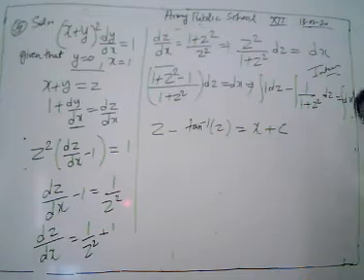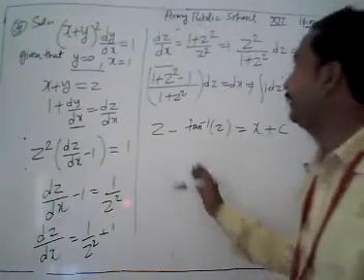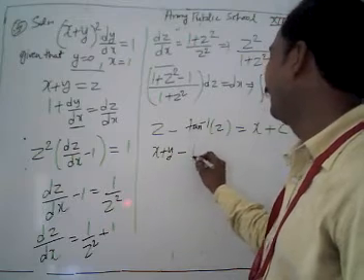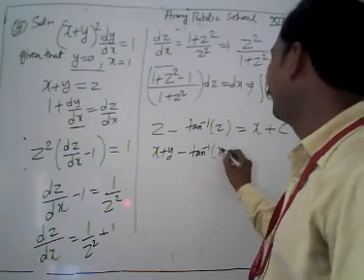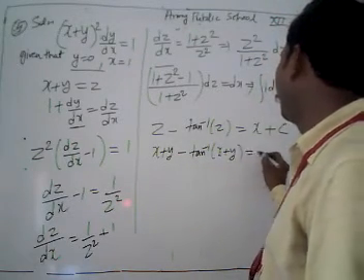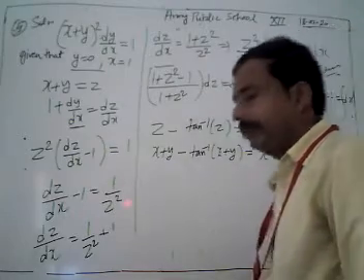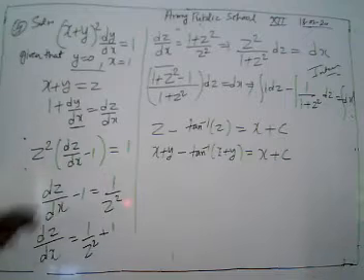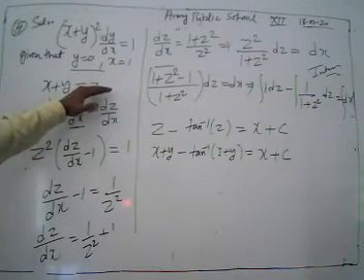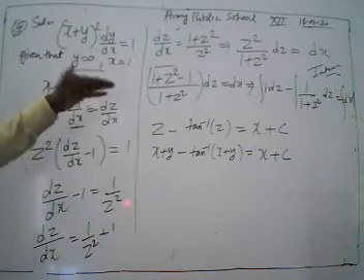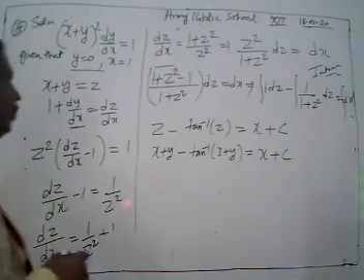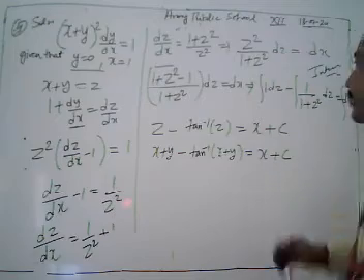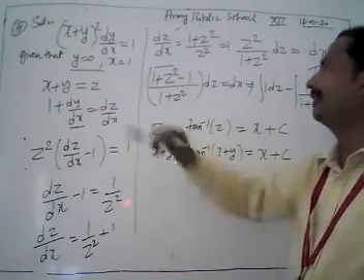Now after getting this, we have to put the values in z. What is our z? It's x plus y, so x plus y minus tan inverse (x plus y) is equal to x plus c. But it's a problem of a particular solution. We have to use this condition: when y equals 0, x equals 1. Then we are going to use our condition now.